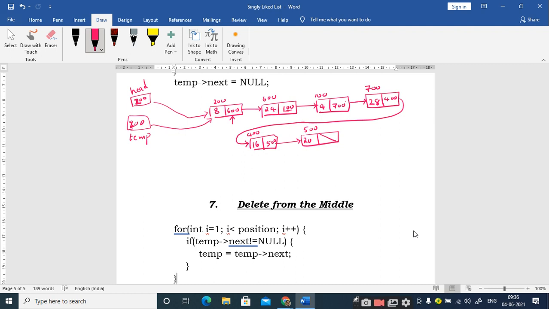So by these two conditions, I am creating a temporary variable such that it points to the head pointer. So both the head pointer and temp pointer are pointing to the same first node. Now my intention is to move this temporary pointer when the next node's next part is not equal to null. Is it clear?